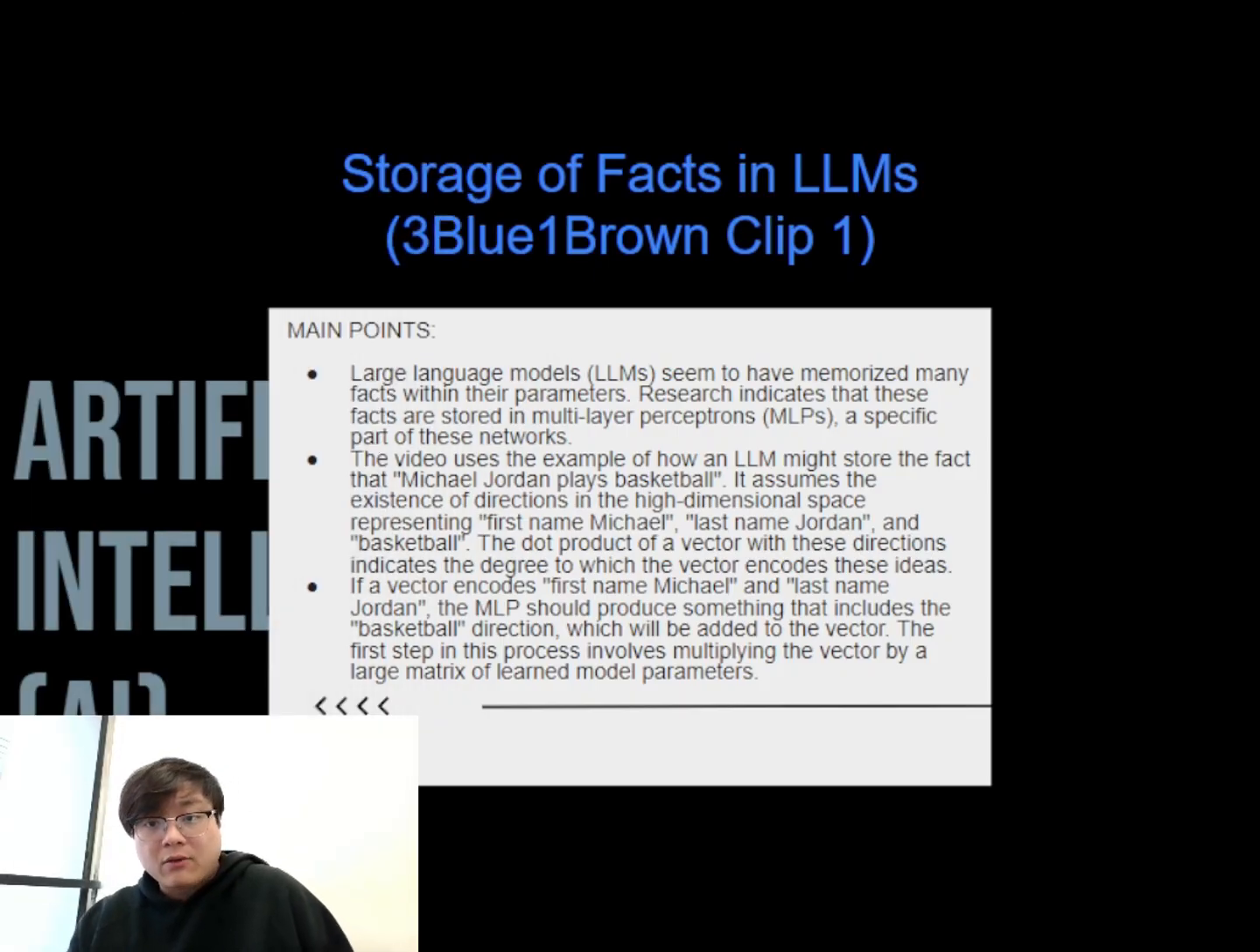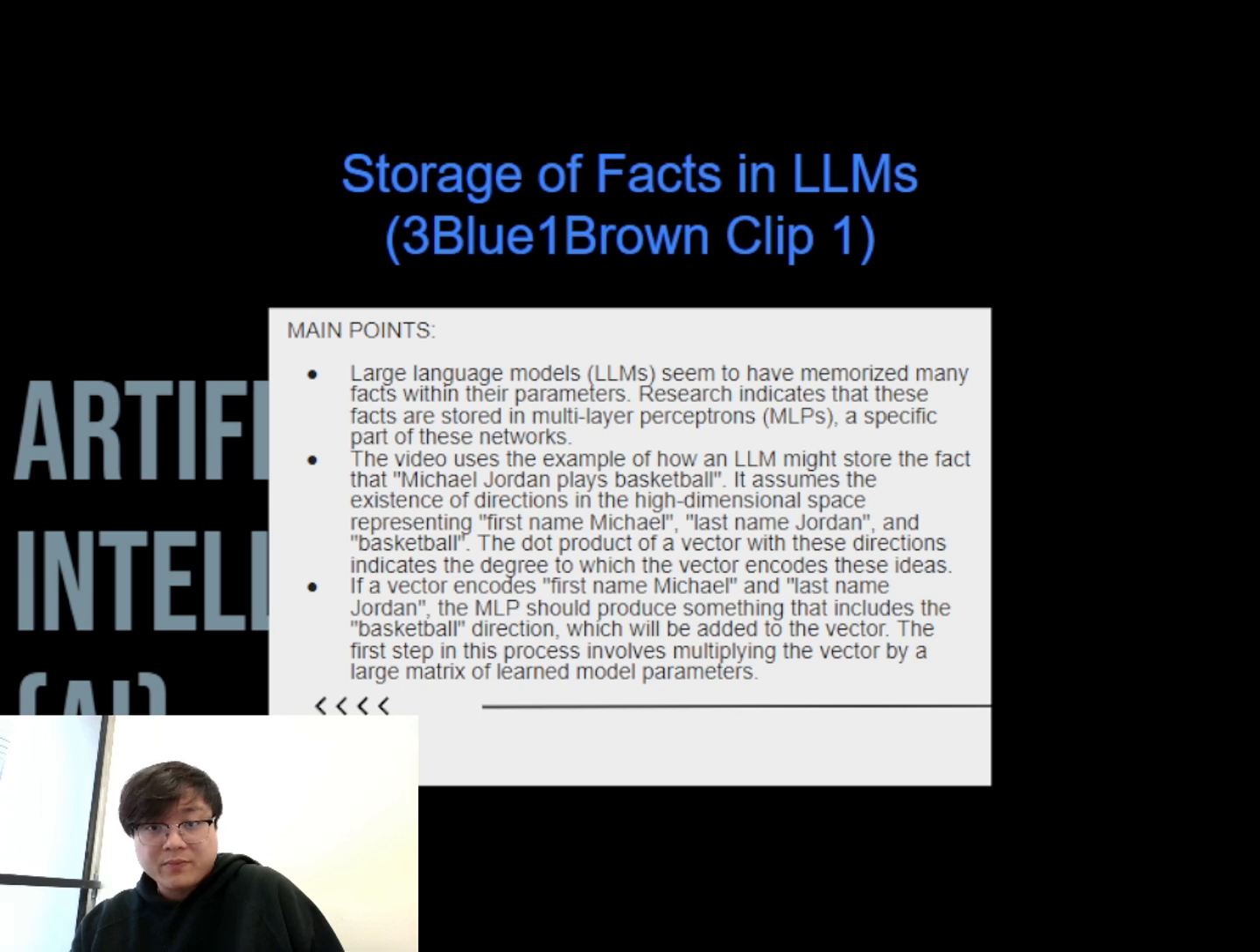Have you ever wondered how large language models or LLMs seem to remember facts? It turns out these facts aren't stored like a traditional database, but are embedded within the model's parameters. Research suggests that facts are captured in multi-layer perceptrons, MLPs, a part of the neural network responsible for learning relationships